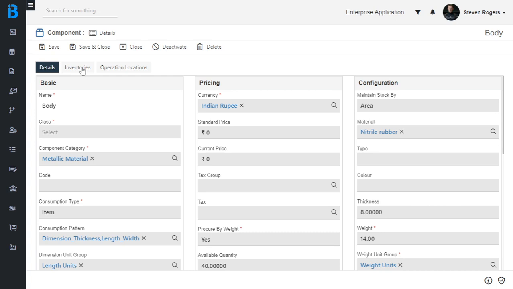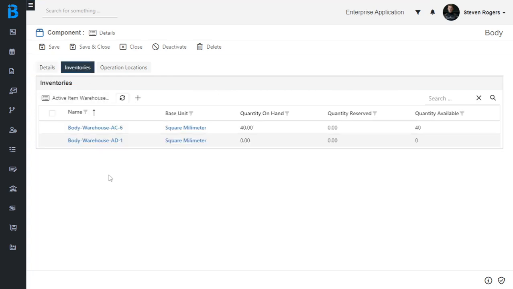Click on inventories tab. Here you can see quantity on hand and quantity available is 40 square millimeter.